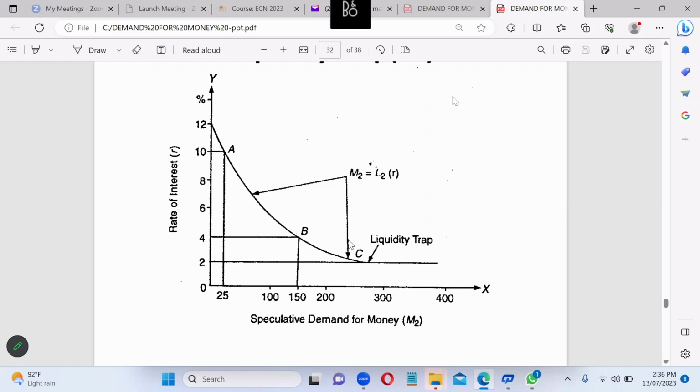At that time, you are having more currency at your hand. Otherwise, once the interest rate is increased to 12 percent, you are not holding much money. You are only holding 25,000 at the rate of 12 percent. You are only holding 25,000 at your hand. Once the interest rate is getting low,